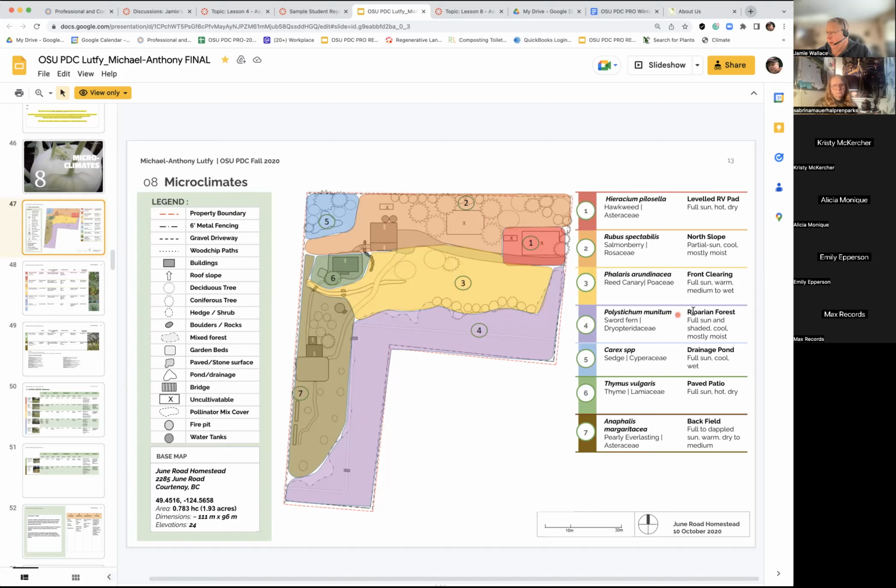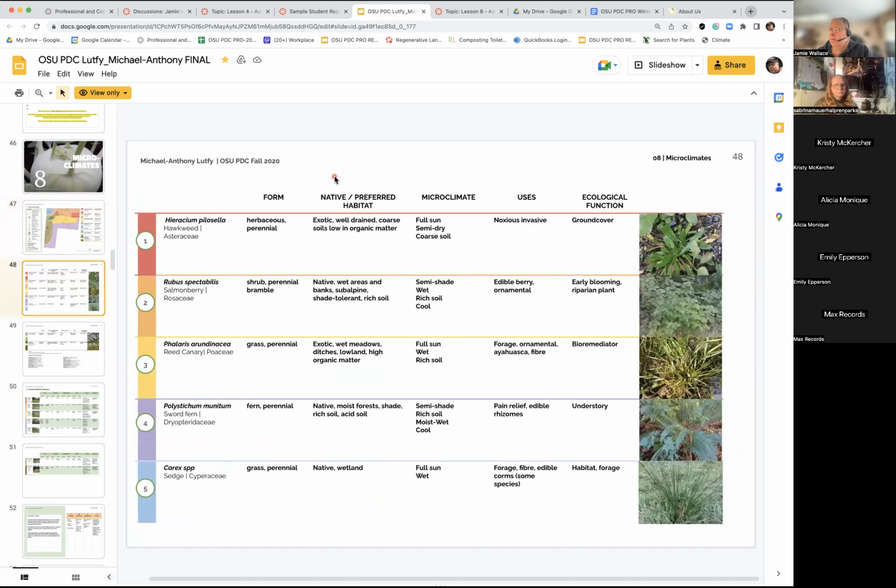And this, of course, being a riparian area, has not only sun, but also some shade, and it generally is cool and moist, right? What you would expect in a riparian area, which is quite a unique spot all on its own. So I think this is pretty straightforward. And then the next sheet, which might be a little different for you guys,